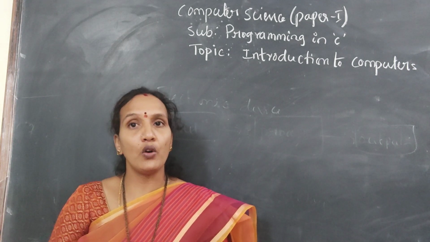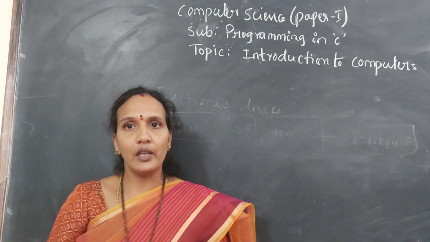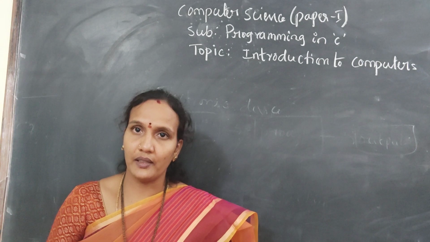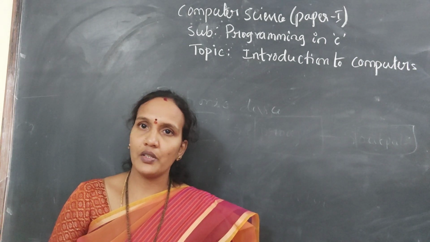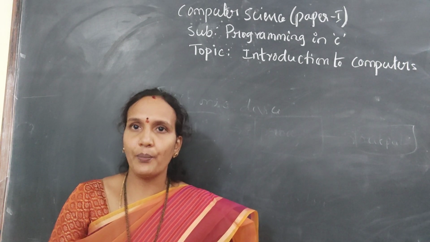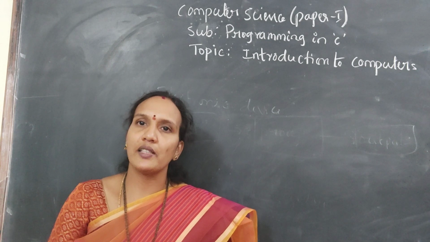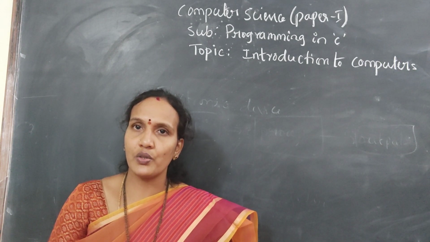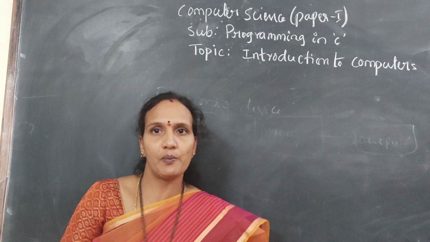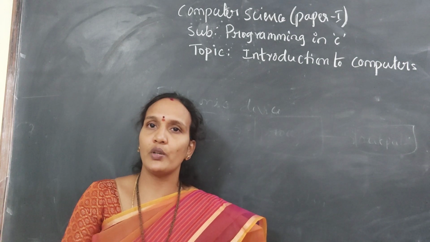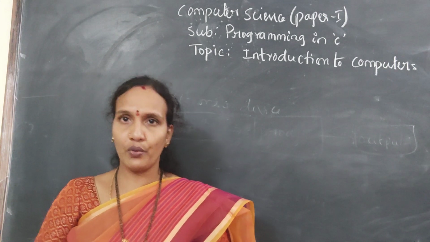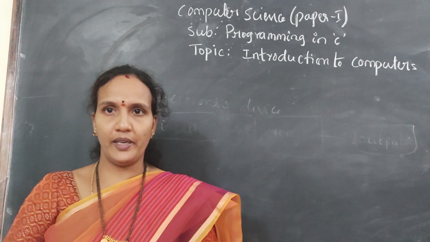In order to display output to the user, again we'll use output devices. The system will use output devices like a monitor, printer, speakers. Understood? So this is the internal structure of a system. In computers, there are two units: one is the input unit and the second one is the output unit. The input unit is used to collect input from the user, whereas the output unit is used to display results to the user. So to collect input from the user, we use input devices, and to display output to the user, the computer uses output devices.